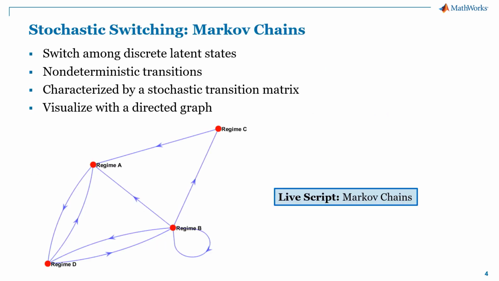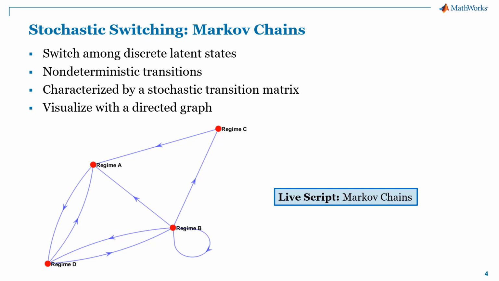So after you've built submodels for each of the different states, the final thing you're going to need as a component of your switching model is the switch itself, which is going to be a Markov chain. You're going to want to think of these switching models as switching between these different latent states, which are typically unobserved, in some probabilistic fashion. And a Markov chain is the right description of these kinds of transitions.